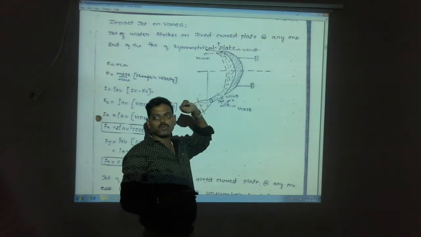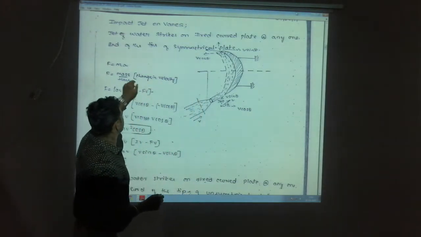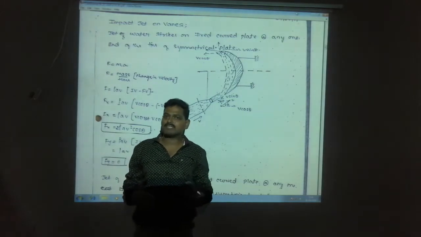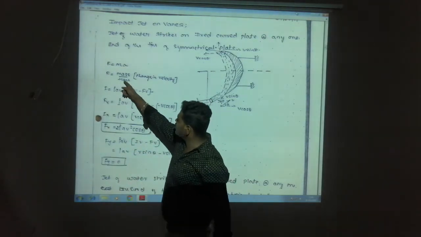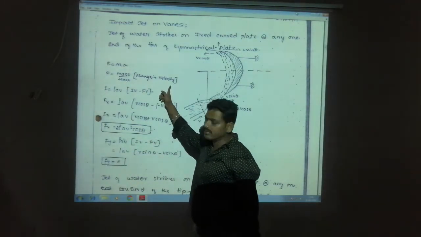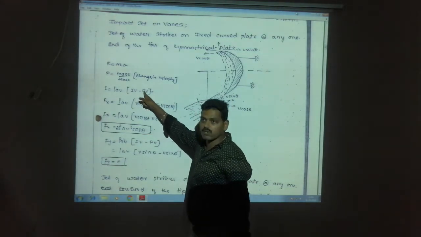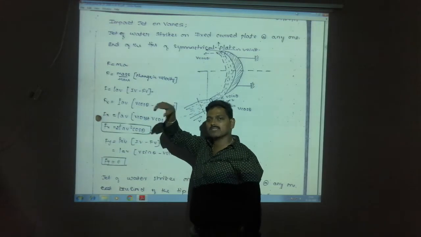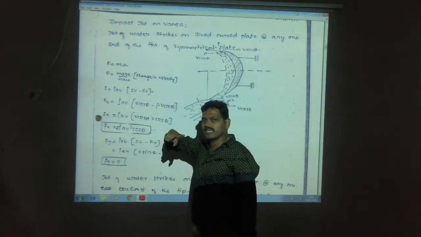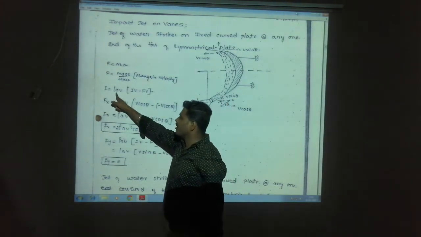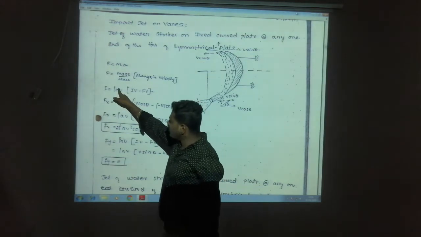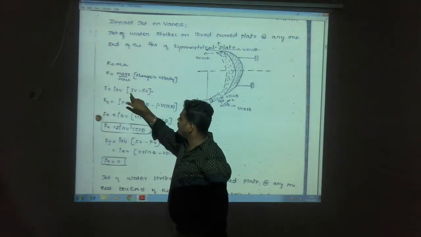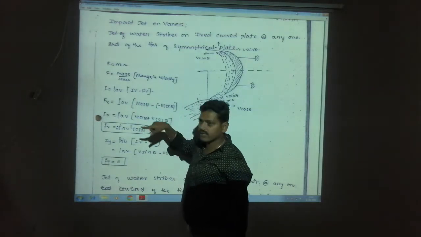So we have to find out what is the impact. To find that, again we have to follow Newton's second law of motion, that is F is equal to ma, mass into acceleration. So F is equal to mass by time, times change in velocity. That is, change in velocity will be initial velocity minus final velocity. So mass by time can be written as mass density into volume by time. Volume by time is again discharge, so that can be written as rho into A into V. So F is rho A V times initial velocity minus final velocity.